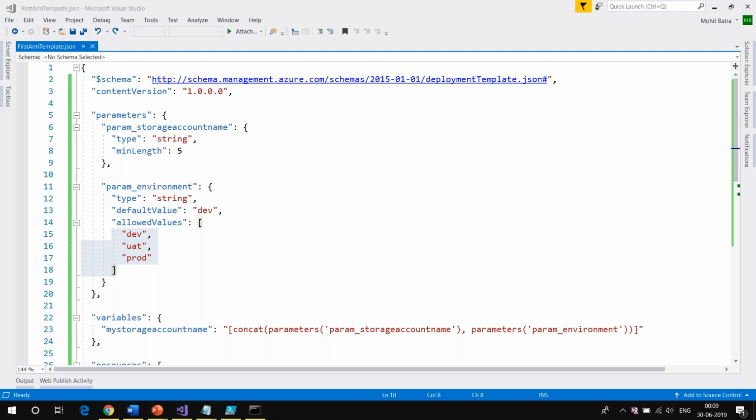Roshan again has a question, where can I get sample lab questions? Roshan, it's too early, just hold on. For certification, just hold on. I'll keep giving you pointers on where you can get the lab information. For today's class, please go back and practice the ARM templates. Once you practice that, get used to it in a day. Next day, I'll give you more pointers on where you can do the practice.